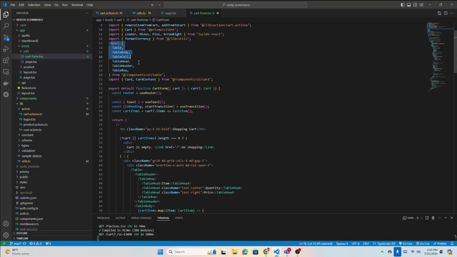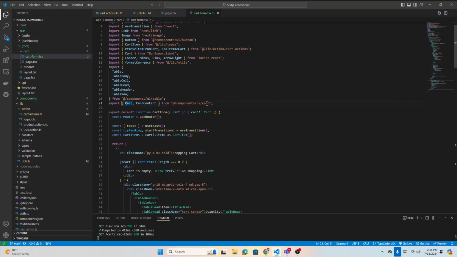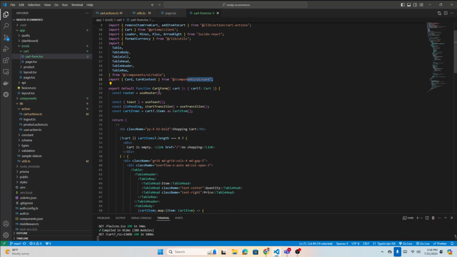So we have the table imported, the UI from card. We also have card and card content, right? This is also the shadcn UI card. We need that later to create a card. So now is the card form. This is just a component, right? Card form is a component, export default card form, nothing else. This function will take the cart,